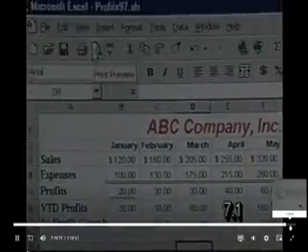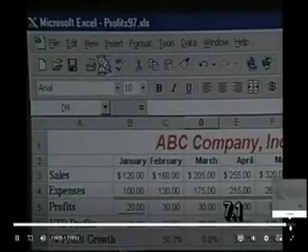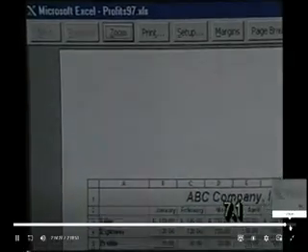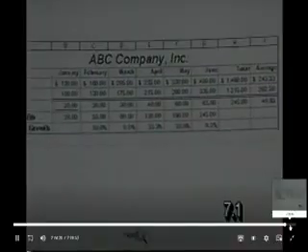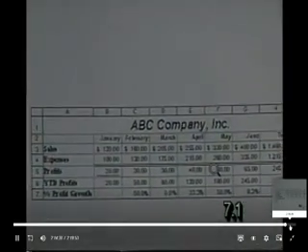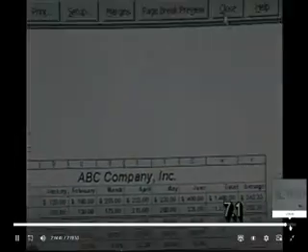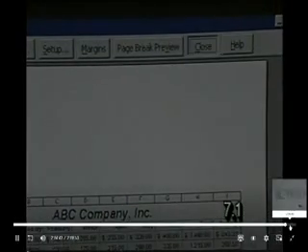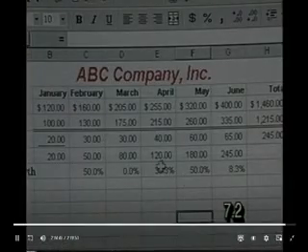So once again, print preview is highly recommended. You see the preview. Notice the footing at the bottom, and you can click in on it to zoom in, click on it to zoom out. There are a number of things you can do to refine the appearance of this. Suppose we wanted to print this information, but let's